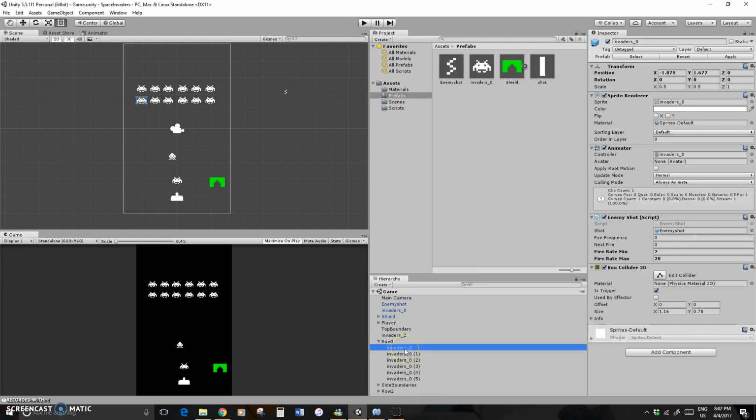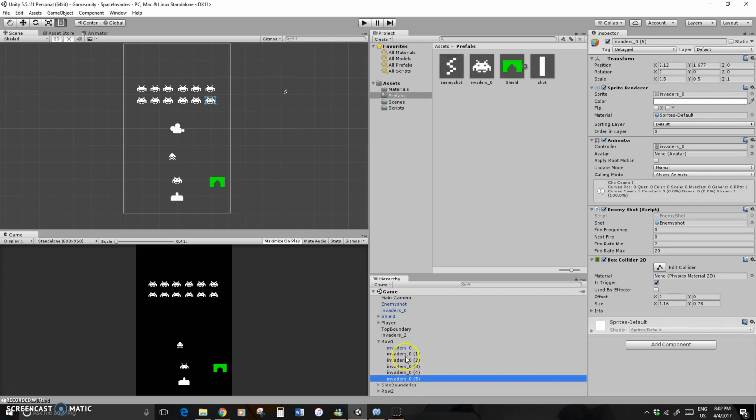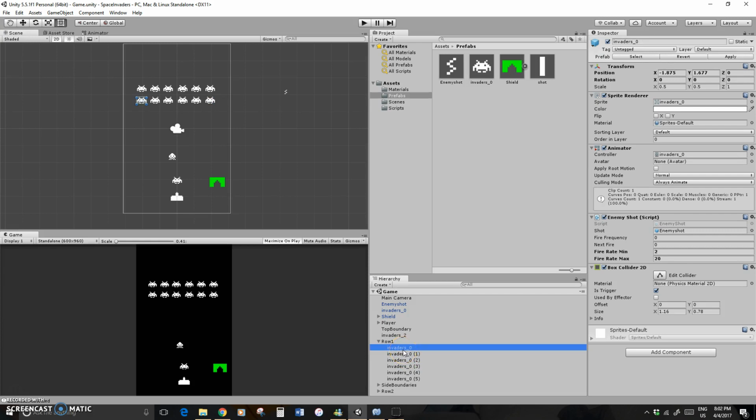Now what I've done is on all these enemies, and for some reason these aren't showing up as prefabs, so I'm not sure what I did here, but if you got them all as prefabs, it makes life easier because you just change it once in your prefab, and then that will go through there. I'll probably change that up after. But what I've got is my enemy shot script, and I think we had that on there, and like I said, I didn't quite like the name, but it's okay. So on that script,